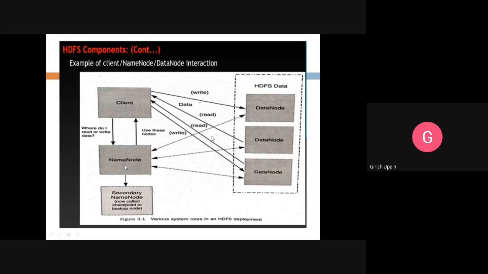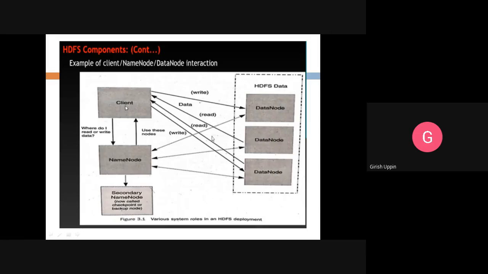The name node will also provide the information about replication. Replication is to store the data in multiple copies. The data nodes will make sure that all the data is copied in multiple copies. Once that operation is complete, it will intimate the client.